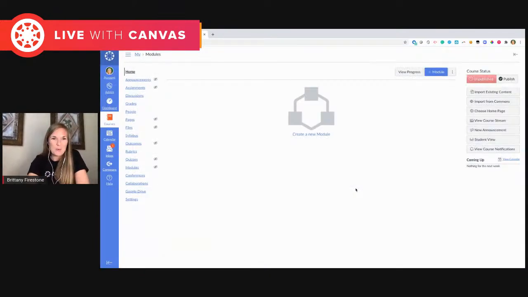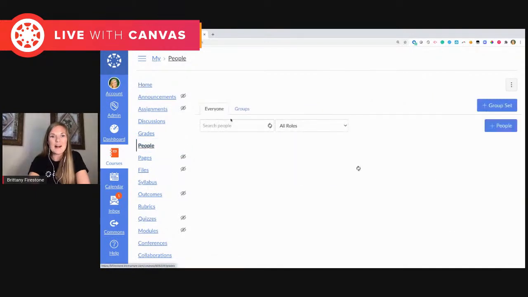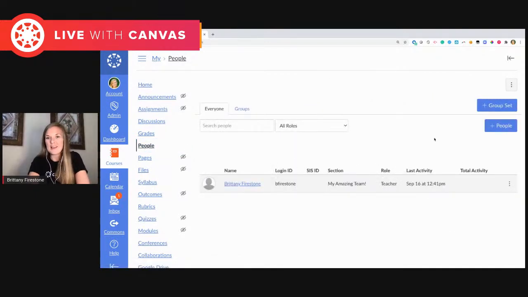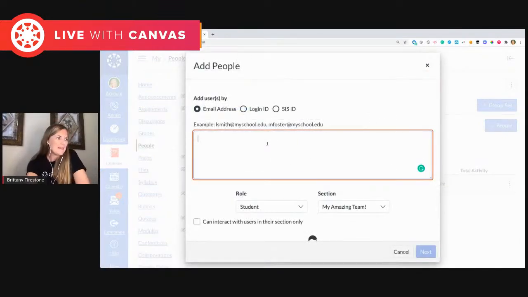And once you're in the course, you have the tabs on the left side of the screen here. And I like to just go right to the People tab. And here I can add my colleagues. So I can add the other teachers that I work with and I plan with directly here. You might add an instructional coach at your school if there's anyone helping you with adding content to courses. You can add any of those users here. So I'm going to add